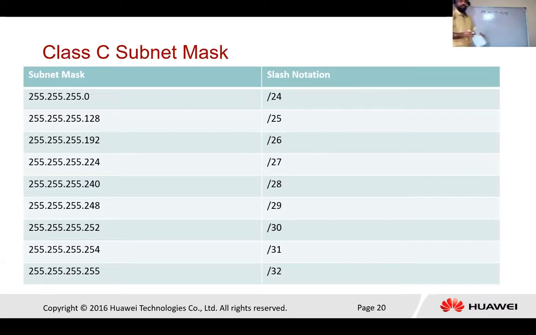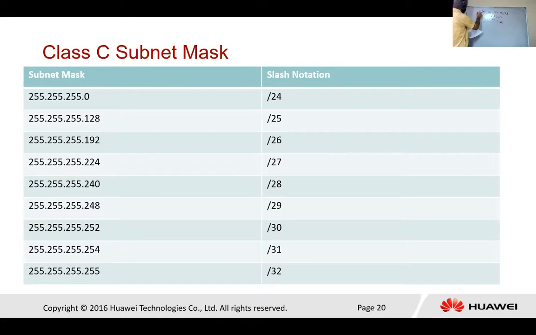So first step is to find the n value. How can we find the n value? n is equal to 32 minus 28. And what will be the value for that? That is 4. That means n is equal to 4, which means 2 raised to the power 4, which means 16. So this is a 16 range. That means we can assign maximum 16, which means only 4-bit values. So we can assign IP address.